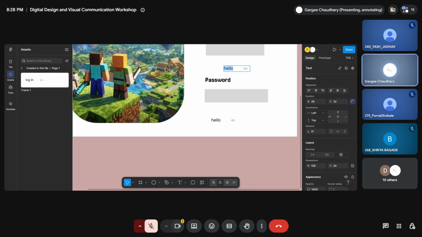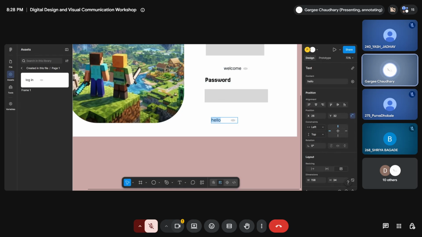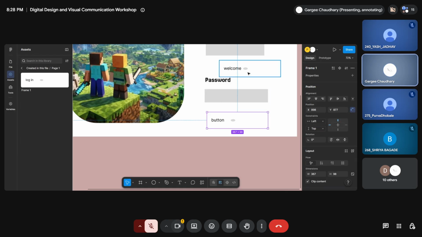So if you write welcome, it doesn't change, and if you want to make it try that again, you can do that as well. So there are no changes in the instance, but everything is changed in the component. This is a component and this is the instance.